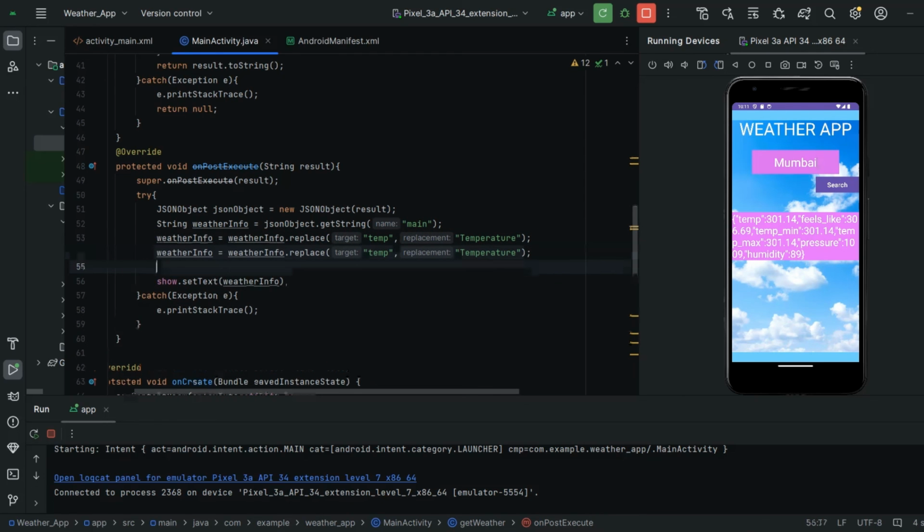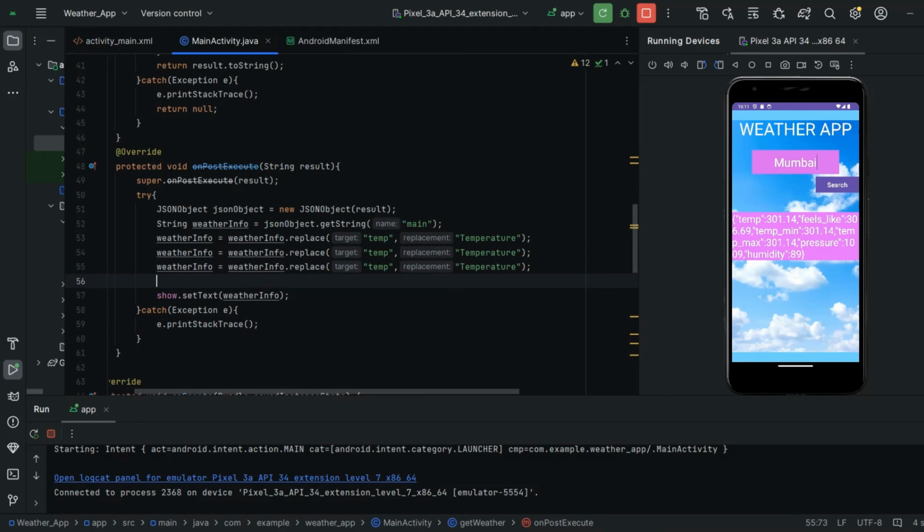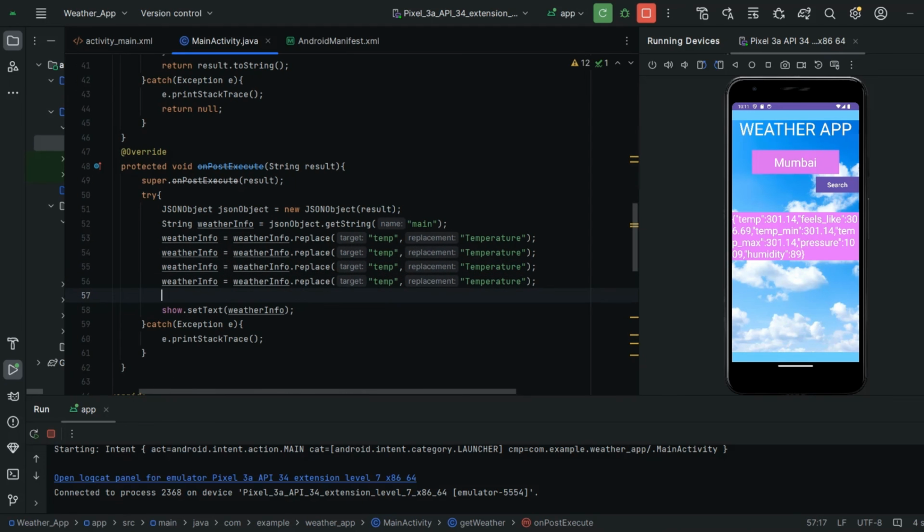So let me copy it and do the changes wherever required. Okay, here next we have feels like, right? I'm going to change this feels like to capital letters, guys. Feels like.